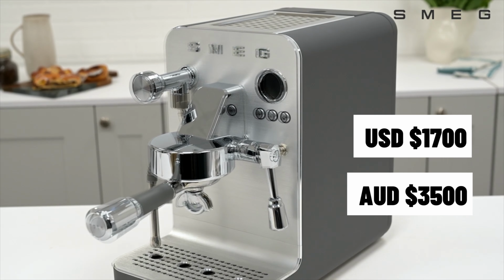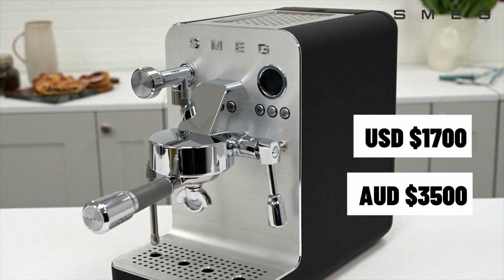So overall, I think this is a huge leap for Smeg, and I'm excited to see where they push this brand and how much more of the La Pavoni stuff comes into it. The catch, like I said at the beginning of the film, is that it's going to cost you about $1,700 US, which in Australia is going to be somewhere like